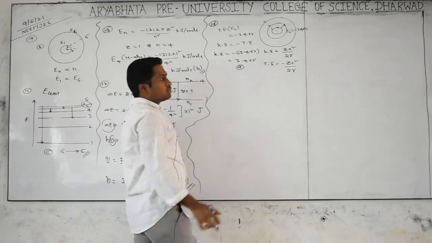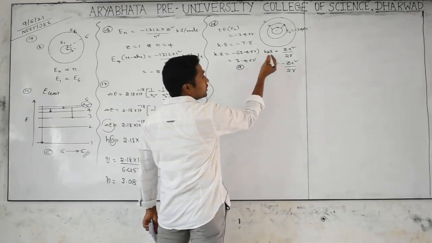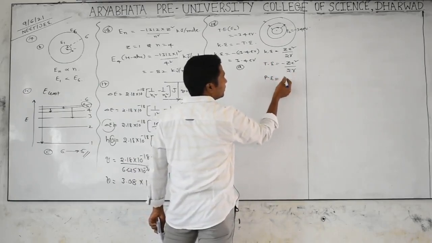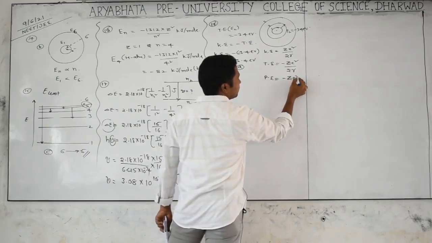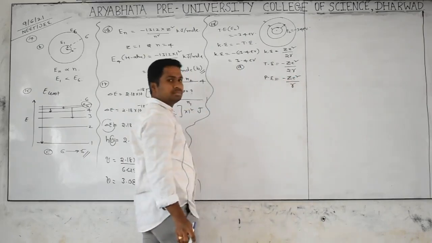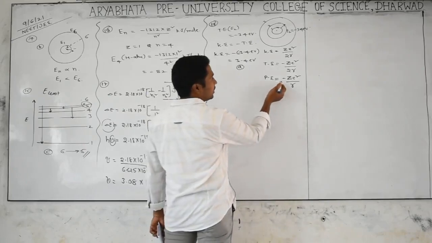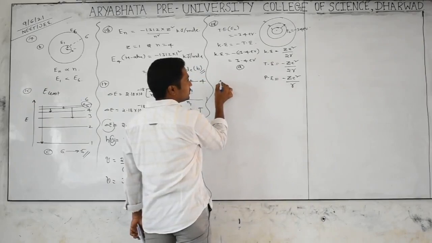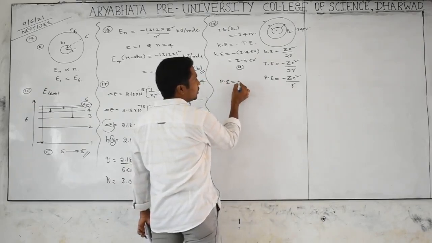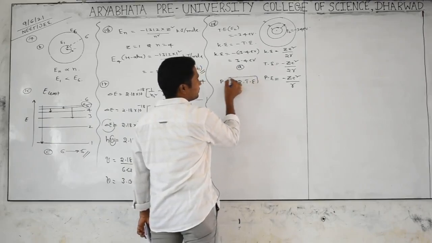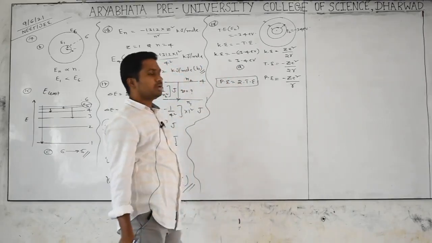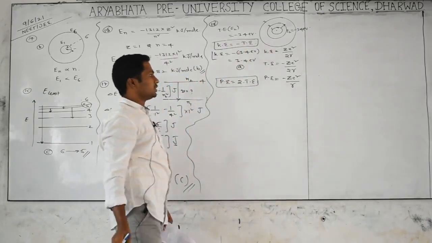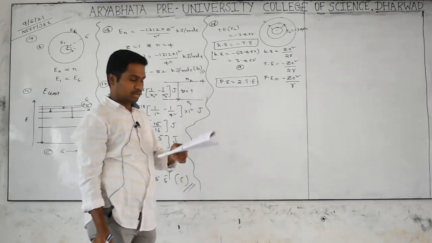It is a good question. So at the same time we can discuss the relation between potential energy and total energy. Potential energy we are getting as minus ZE square by R. Now what is the relation between potential energy and total energy? It is nothing but potential energy is equal to 2 times the total energy. Are you getting? This is the relation between kinetic energy and total energy. This is the relation between potential energy and total energy. All of you clear? Yes.